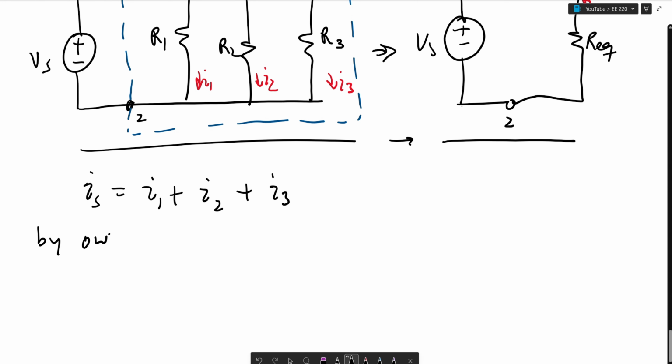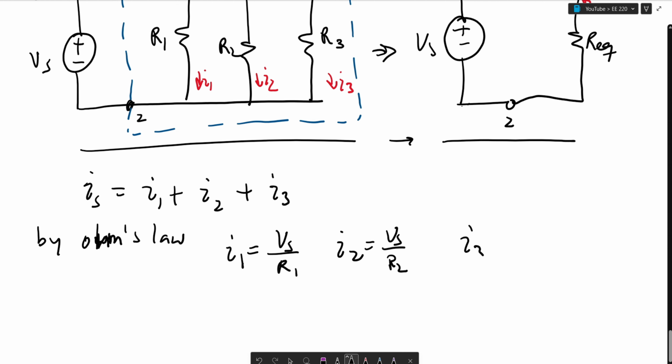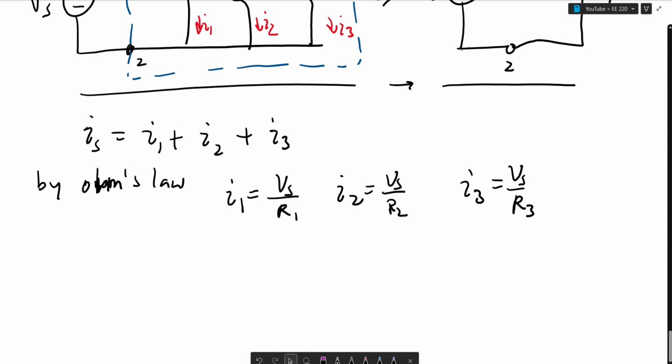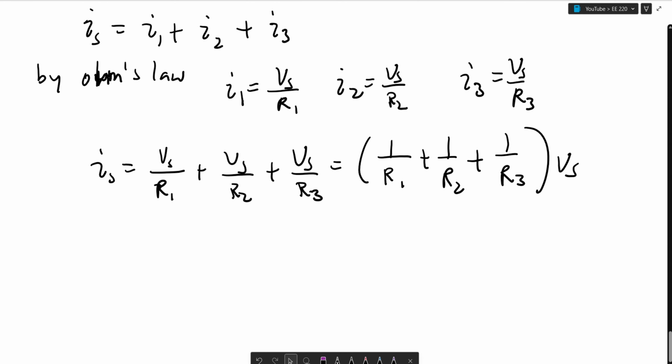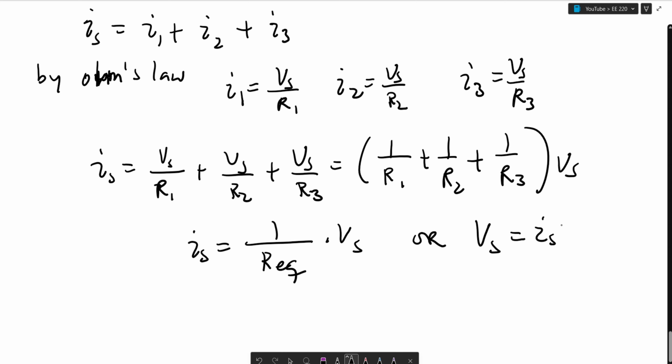And by Ohm's law, I1 is equal to Vs over R1. I2 is equal to Vs over R2. And I3 is equal to Vs over R3. And now we can say that Is is equal to Vs over R1 plus Vs over R2 plus Vs over R3, which is equal to 1 over R1 plus 1 over R2 plus 1 over R3 times Vs. And so we can say that Is is equal to 1 over an R equivalent times Vs, or Vs is equal to Is times an R equivalent,